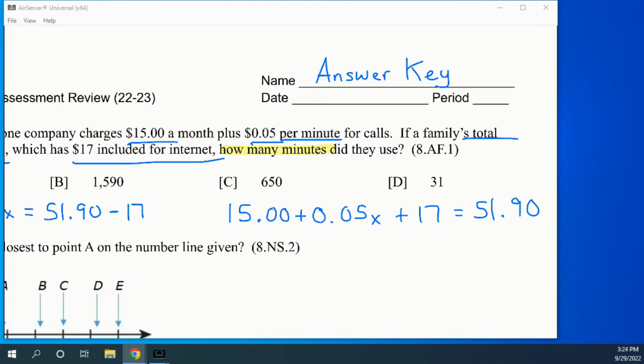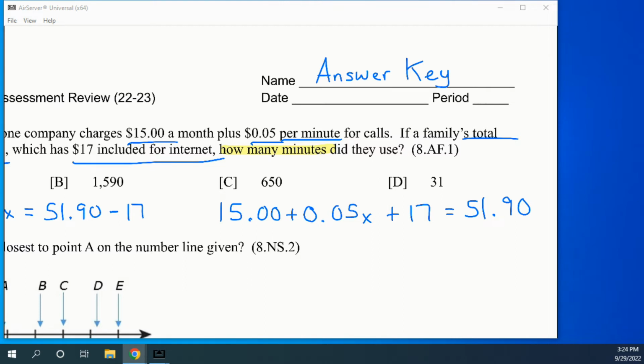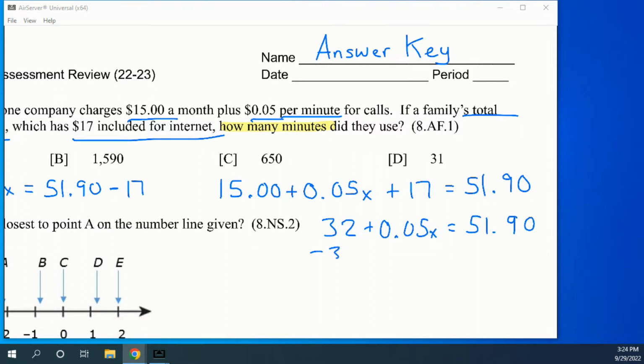Now we actually have to solve it. I'm going to kind of do this as quick as I can. On this particular equation that I have here, I'm going to take $15 plus the $17 to get $32 plus the 0.05x, and that's going to equal $51.90. From here, I'm going to subtract 32 from both sides to get